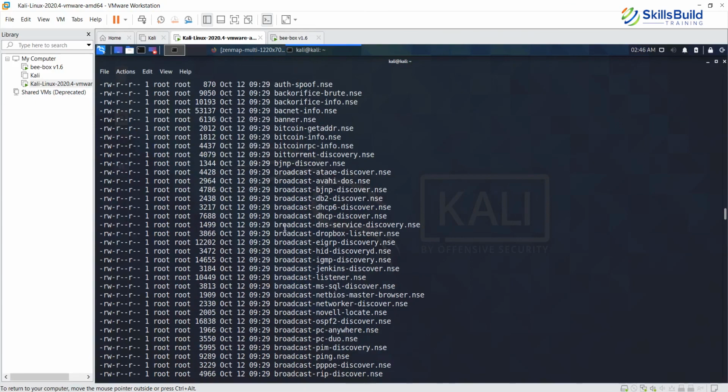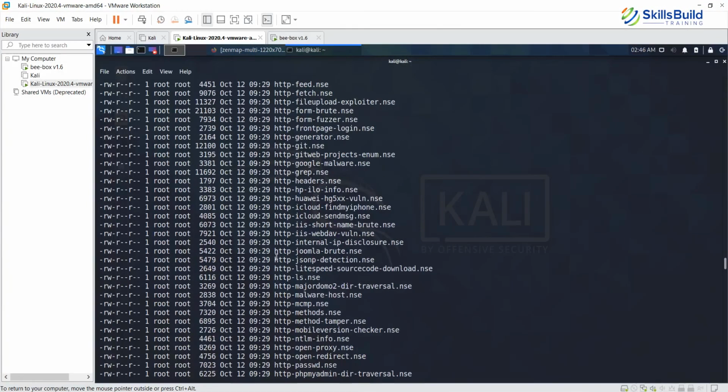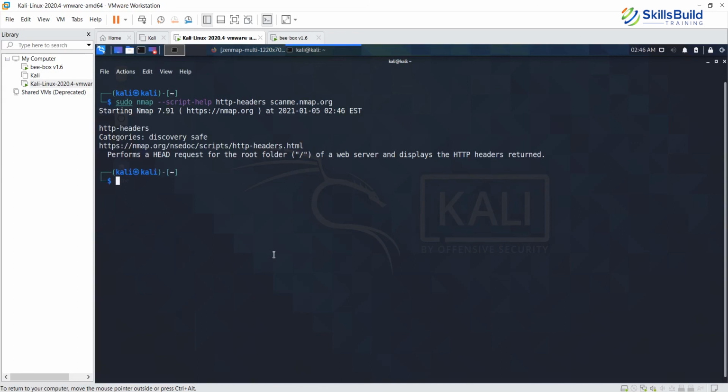All right, let's clear this out. Now it is time to run the first script. Sudo nmap, and we will not run the first script, but rather we will find the help about a particular script. I am trying to find the http-headers script.